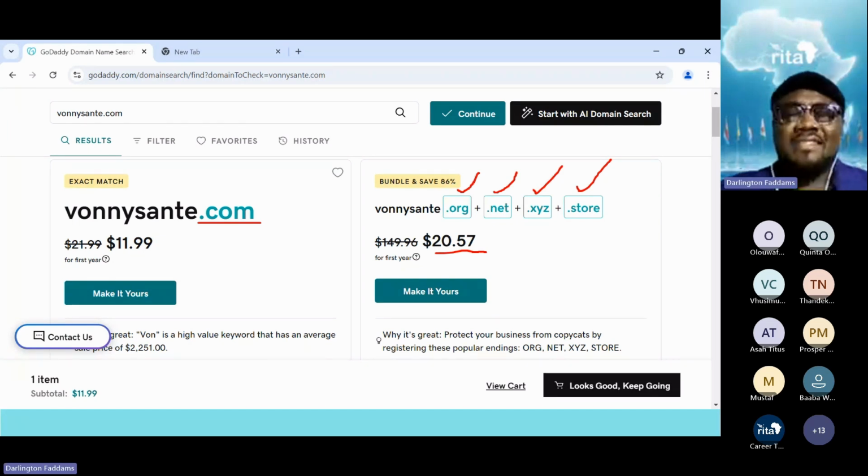Why are we talking about this? You have to understand that the rules of the web and the technicalities of the web and web business says that a domain name with a different extension is a completely different name from the other extension. So vonisanti.com is completely different from vonisanti.net. Legally, it is not recognized as the same.